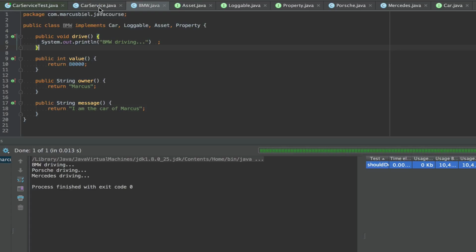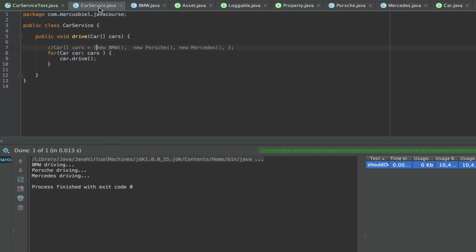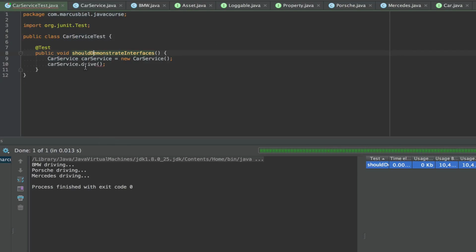And the next advantage is that interfaces really increase your flexibility, because as you see, as I have changed it now, we have the cars array as a parameter to our drive method. So actually at runtime, in this case in our test method, we have this drive method. Now at runtime I could have some condition.